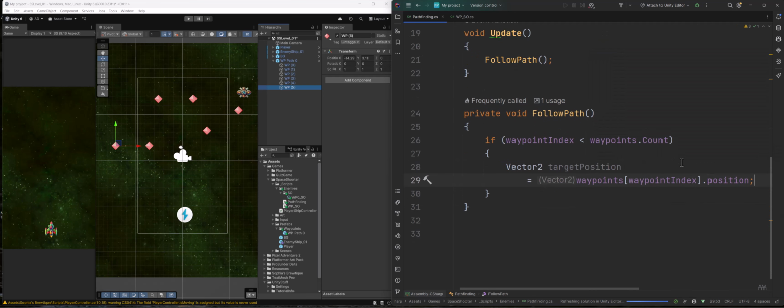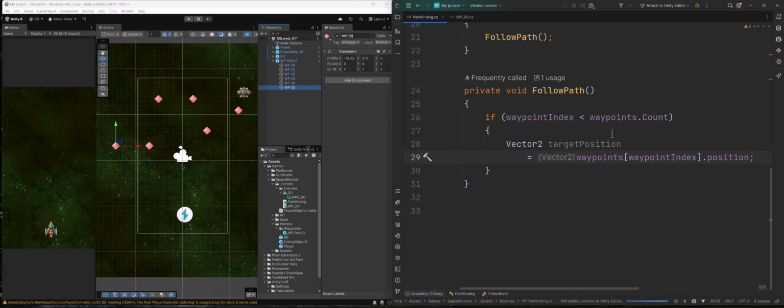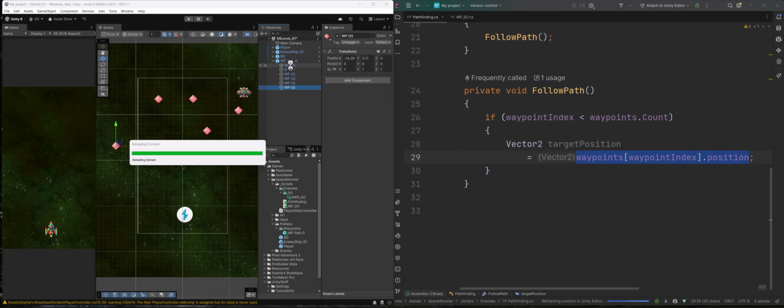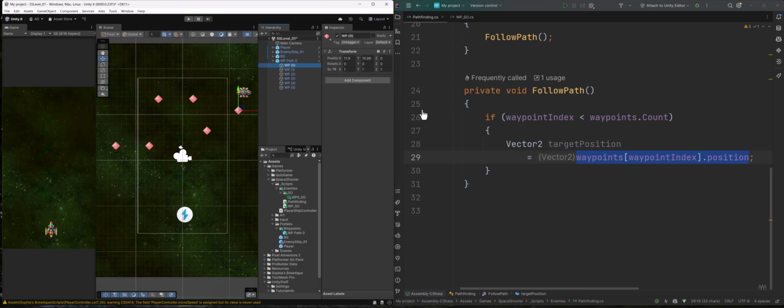So right now, all this is doing at the very start, once the path runs, is just saying this target position is equal to the position of whatever this first element is, which is like this X and Y here, 11.9 and 10.86. That's what's going to be stored in here. And then the next thing we need to do is get the move speed of that ship from our scriptable object, so that we know how fast we want it to move between these. So let's just create another float. We'll call this move speed. We're going to make that equal to